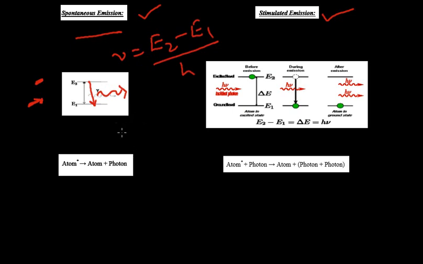So what is happening over here? Atom which was in excited state gives us one atom and one photon. So this is the photon and we'll get atom here. Now here, in case of stimulated emission, we'll have to provide or incident one photon from outside so that the atom which is in excited state will come back into the ground state due to the incident photon we are providing from outside, and